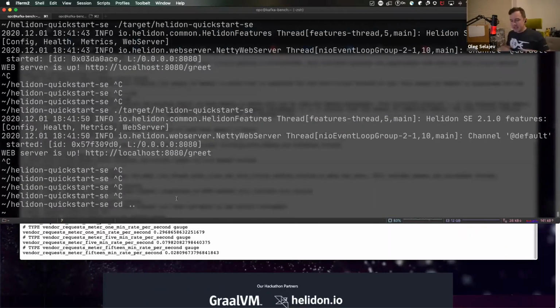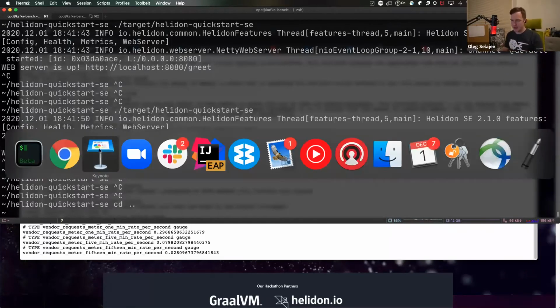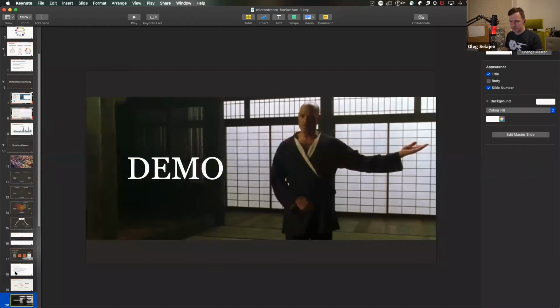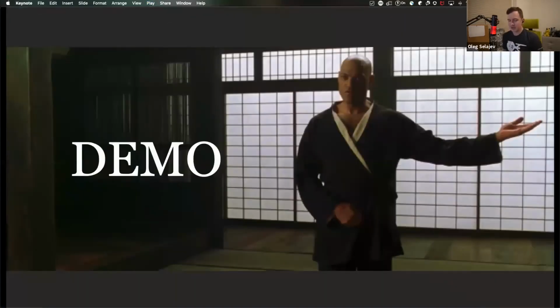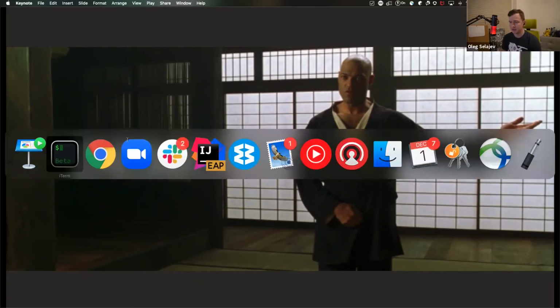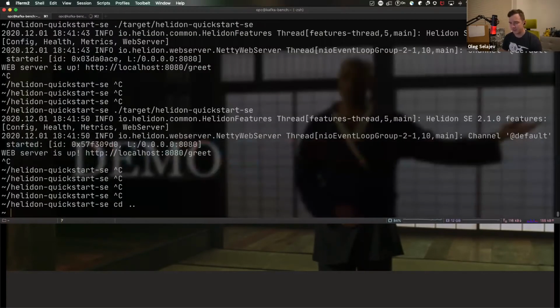So native image, in short, let me come back here and tell you what I wanted to tell you. Native image gives you a very good opportunity to take your Java application and deploy it to the cloud and make use of the existing Java ecosystem, with some configuration that you need to do and some understanding of what native image does, so you can use it efficiently. You can put it in the cloud and you get the runtime characteristics of a